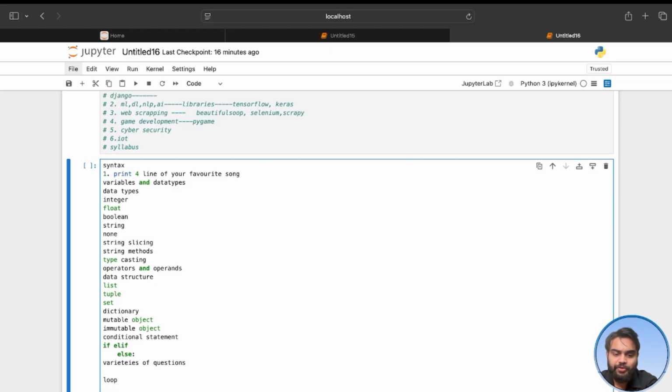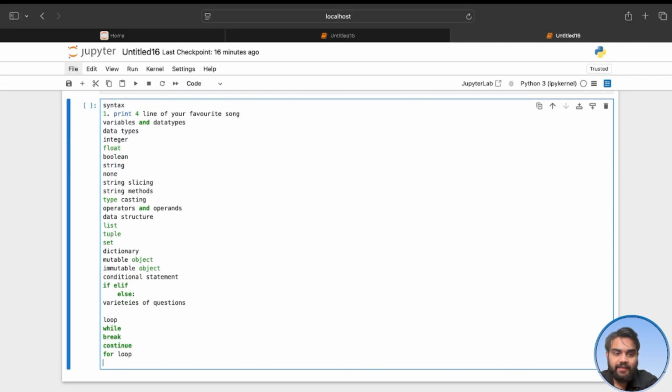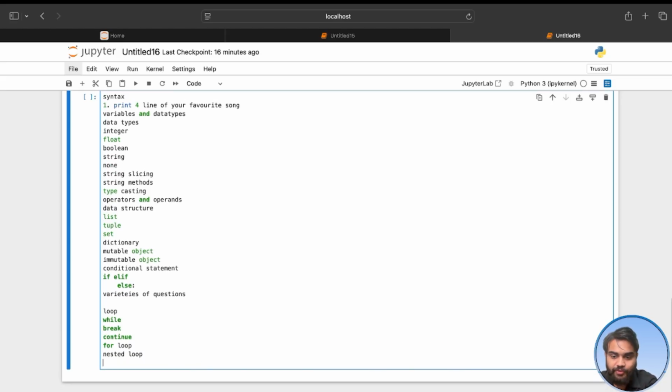Oh, beautiful. While, break, continue, and here you are going to use for loop, and here I'm going to use the nested loop. Nested loop, you are going to see here. I'm going to cover pattern based